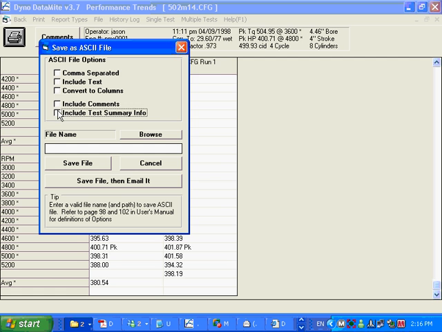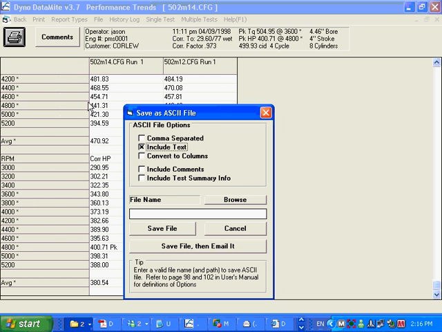So what you could do here is you could say something like, I want to include the text, which means these things like corrected horsepower, the labels of things. And maybe we want to include the comments and the test summary info. Test summary info is this information up here. Comments are the comments for the file. And let's say we want to save it to a certain file name. I'll just call it